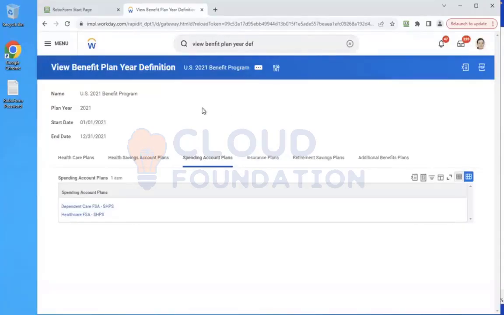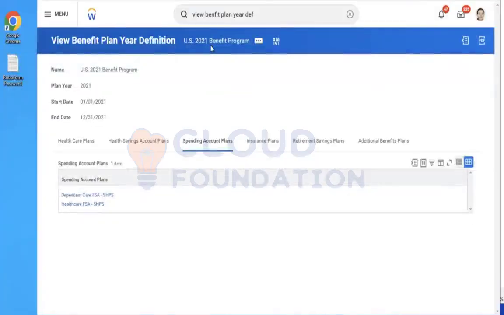So here is the call. If any benefit plan is continuing, where the employee has to enroll only once and it will continue for the long run, you have to map the plan under the ongoing benefit program. If any benefit plan you are initiating through open enrollment, and year by year there are changes and you want all of the employees to enroll, then you need to use another benefit plan year definition called year to year benefit program.